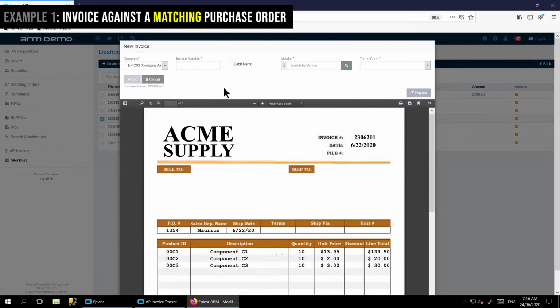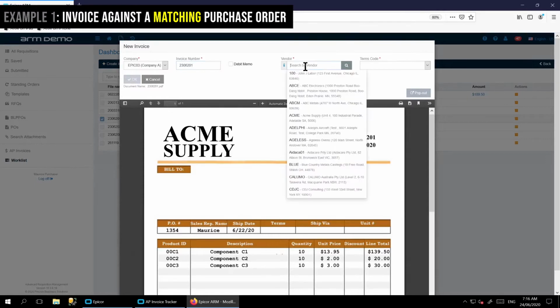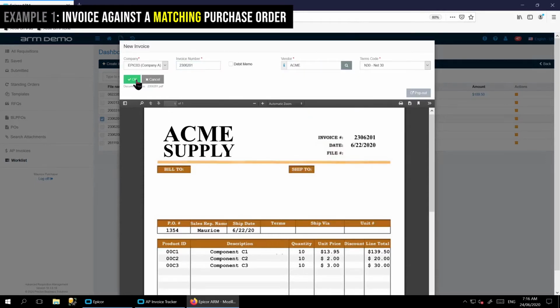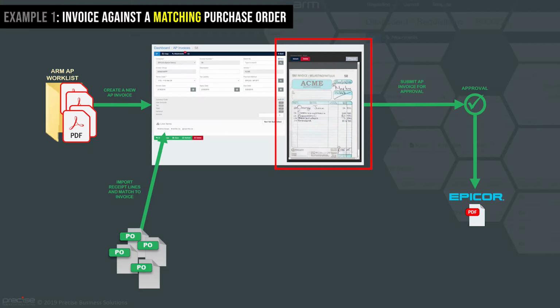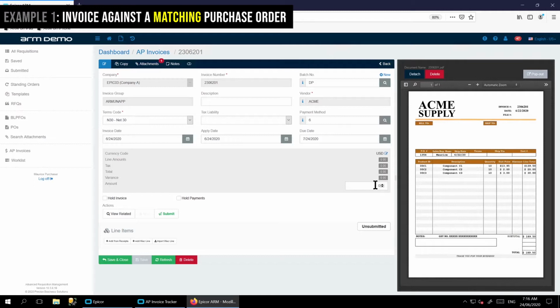Now you'll see that the invoice appears in front of me. I enter the invoice number, which is 2306201, enter the vendor, and click OK. The screen will now split, and once the screen splits, you can see over on the right-hand side all the detail of my invoice. If I need to, I can zoom in or out to make it larger to read. But the first step would be to enter the value of this invoice, which is